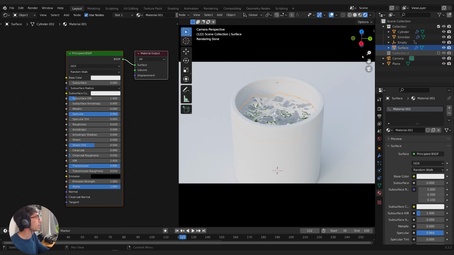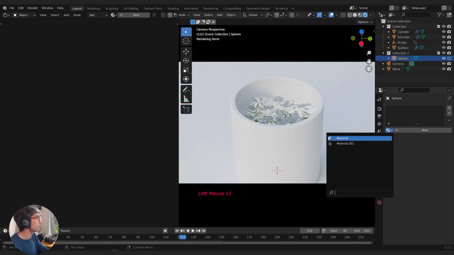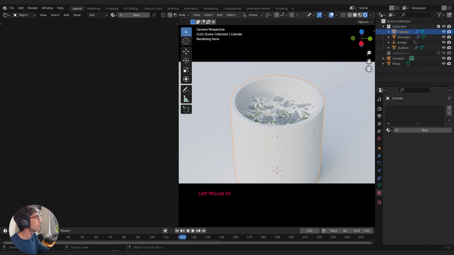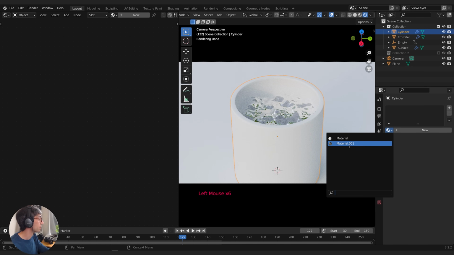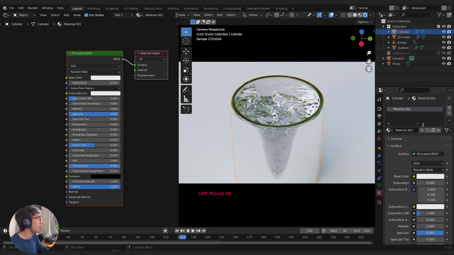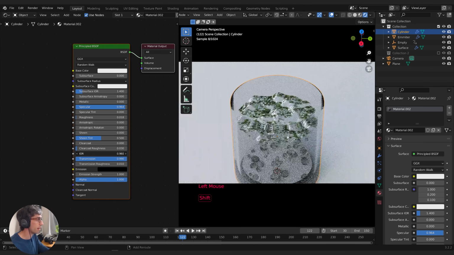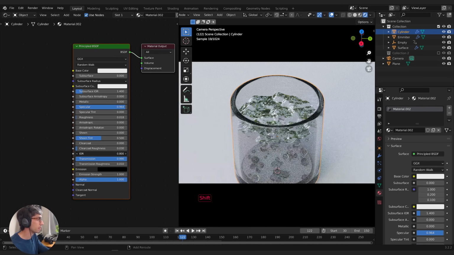Turn my collection back on with the bubble, grab the sphere, we'll put the water material on that, turn that back off. And we can also put it on our cup. So I'll grab here and grab the cup material. Now we are going to want this cup material to be a little different. So I'm going to click this button right here, which will make it its own version. So we've got a new material basically for the cup. And we want to change the IOR for the cup, which is the index of refraction. So I'm just going to change this till we get something that looks good. We can see through, so something like 0.85 maybe.